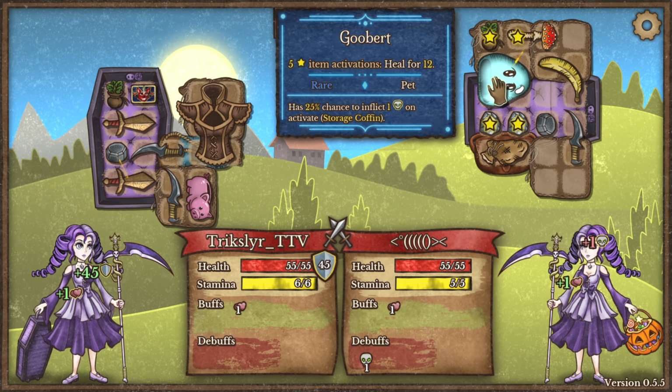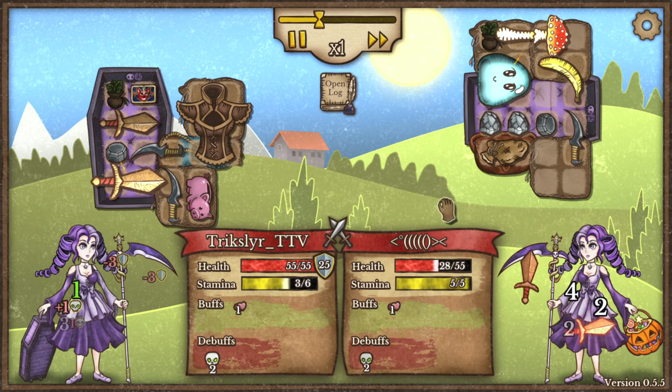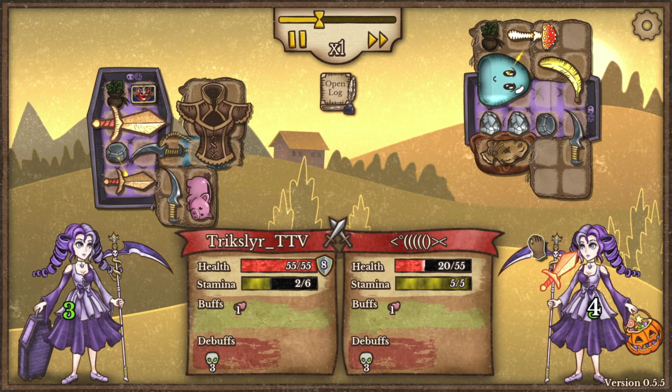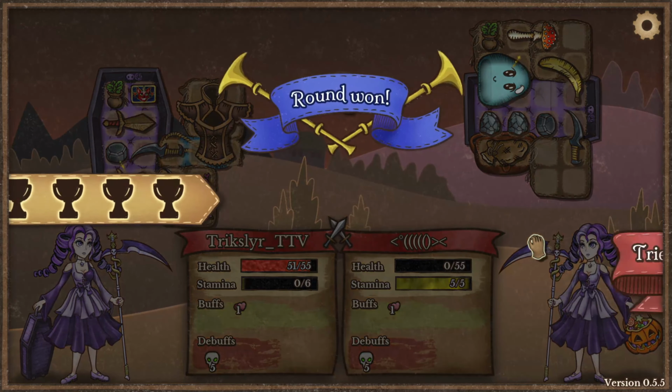Into the matchup we go. Our opponent does have a Goobert, which means they will be popping out some healing over time. However, my armor should be able to help mitigate that quite well. Good roll so far. Our poison is starting to pick up, and things are looking wonderful for us